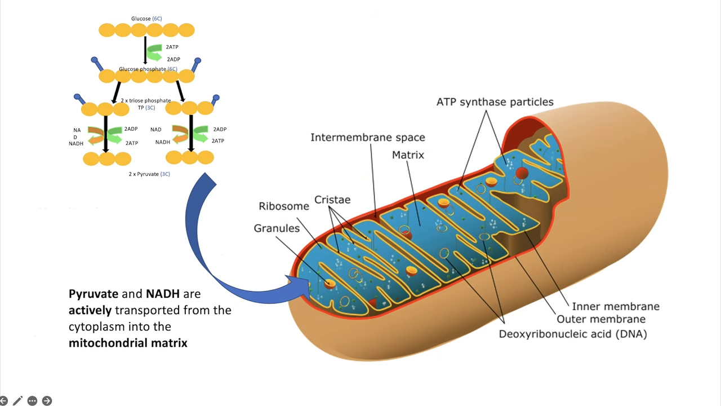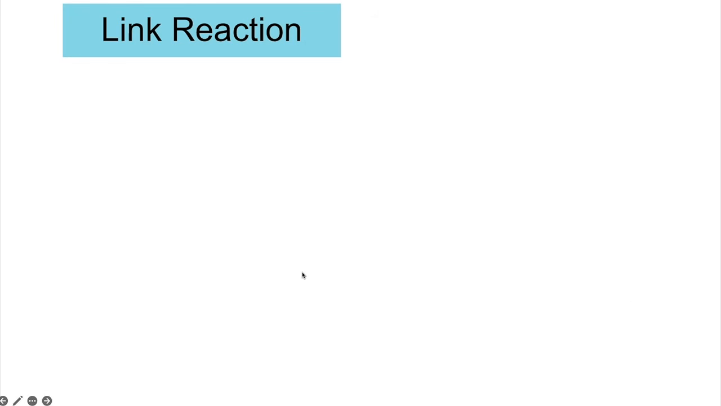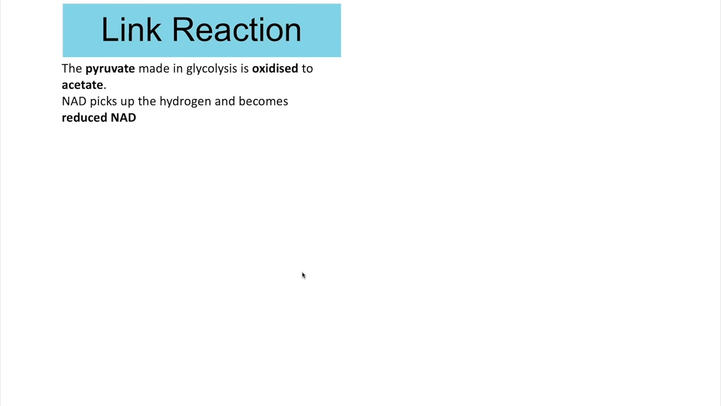So here we have our glycolysis, which happened in the cytoplasm. The next stages happen inside of the mitochondria. And as we just said, the pyruvate and the reduced NAD are going to be used in later stages. So those now need to be transported into the mitochondria, and they get transported in by active transport into the mitochondrial matrix. The next stage then is the link reaction, and this is when the pyruvate from glycolysis is oxidized